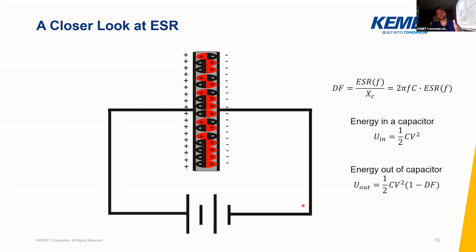In the follow-up to this on ceramic capacitors, but DC bias is a phenomenon of capacitors, and very specifically class 2 ceramic capacitors, where they will lose capacitance due to applied voltage. That actually comes from the fact that, going back to these dipoles that you see on the screen, in a class 2 ceramic capacitor, when you apply DC bias to it, you're almost